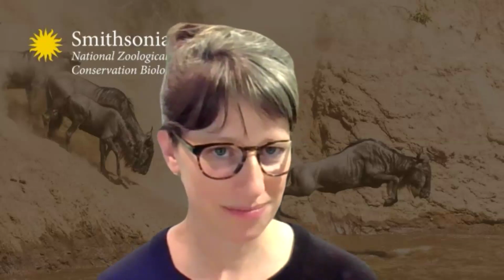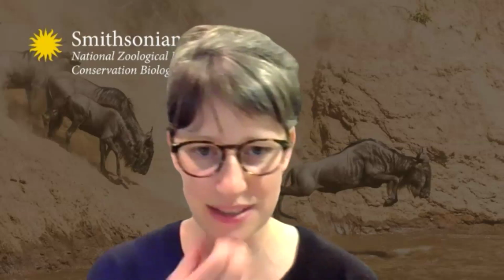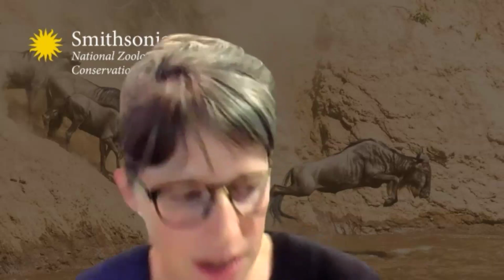Kathleen asked, did the ungulates migrate? I guess the ones that were in the oryx, maybe. So we were actually just talking about this today, that we don't know historically. There is reason to think that they would, because they're in a very arid system that's seasonally wet. They are starting to show some potentially migratory movements, but they aren't technically considered migratory yet because it's not consistent. But there's other studies that have shown,